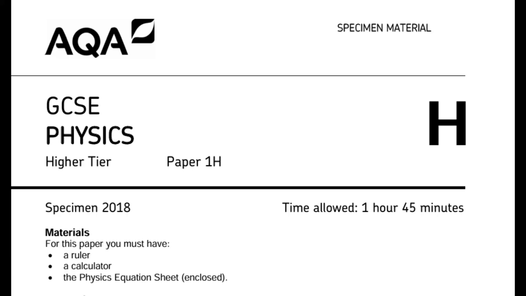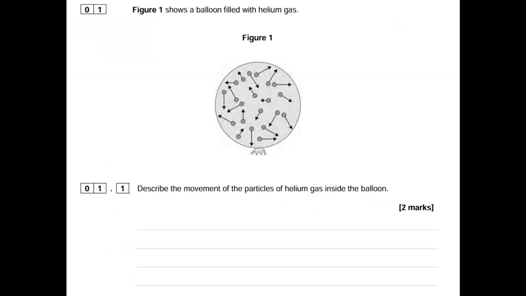In this video we'll be covering Physics Higher Tier Paper 1 for GCSE, and we'll be covering the Specimen paper, which is a paper released before the exams are actually sat to allow people to get used to the new content and see what the style of exam questions are going to be. So this is one of the harder papers for GCSE Physics currently out, and without further ado, let's just jump straight into it. Question 1,